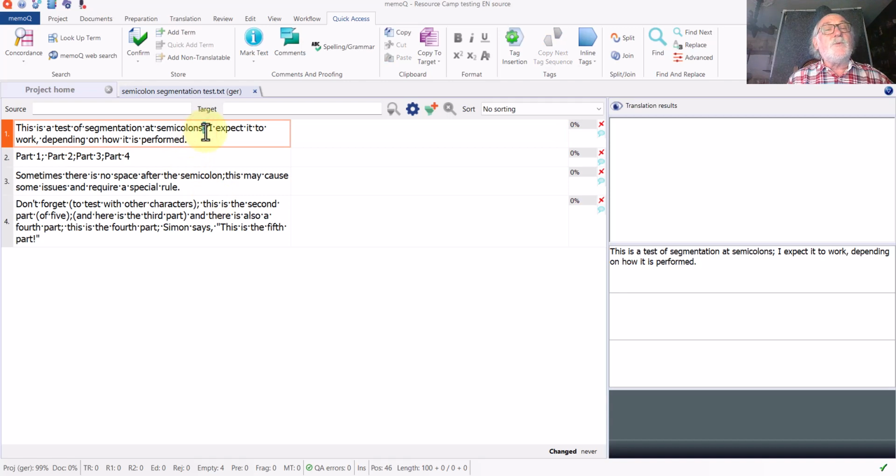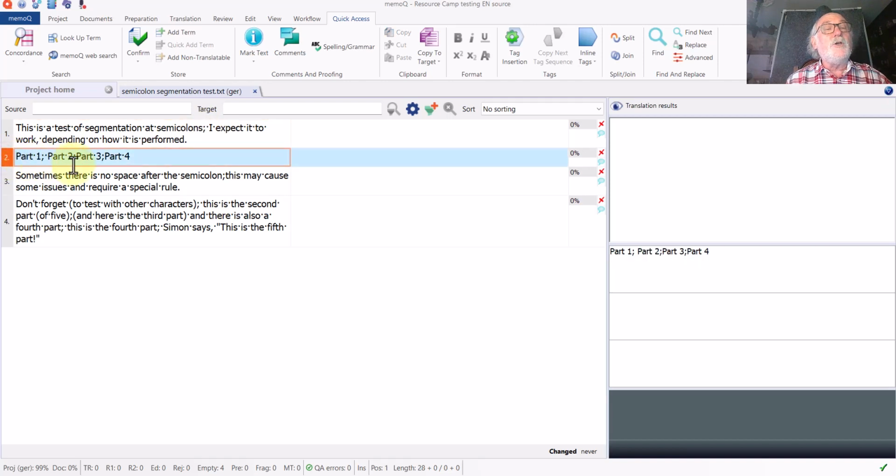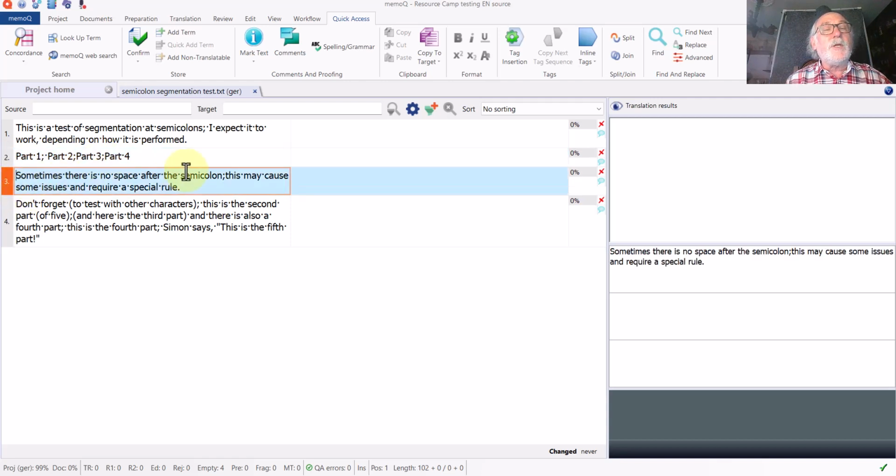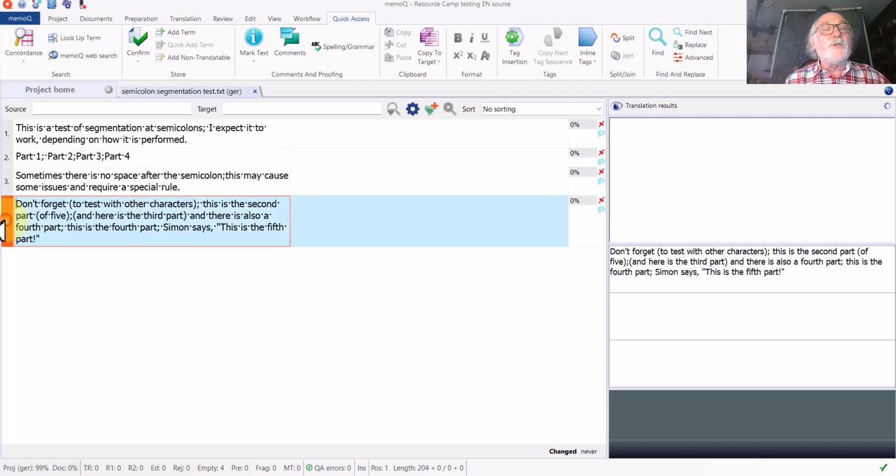In the first segment, we have a semicolon here after the word semicolons. In the second segment, we have 1, 2, 3 semicolons. In the third segment, we have another semicolon. This one does not have a space after the semicolon, as is the case with a couple of the ones in the second segment. And then down in the fourth segment, we have quite a number of semicolons with different